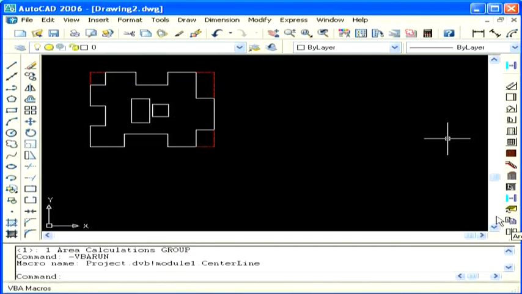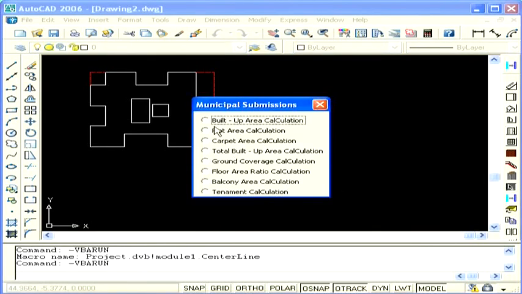We will now see how PC Architect performs automatic area calculation. Built-up area statement is calculated, generated and presented simultaneously as we go on clicking on the areas within the drawing. The deductions and the additions to the statements can be given in the form of squares, rectangles, triangles, arcs and chords.